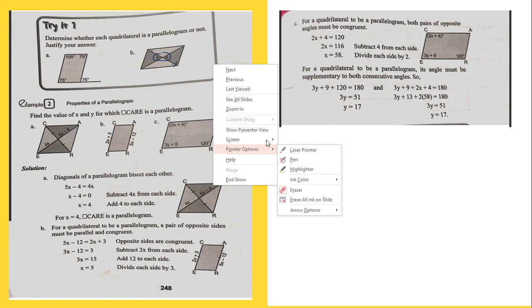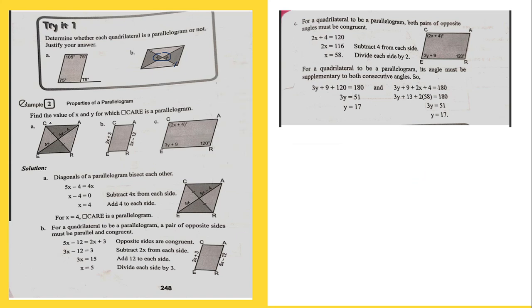Okay, so let's move on to the example. Explain ko lang to since meron na kasi. So, sige, explain ko na lang siya. Find the value of x and y for which quadrilateral CARE is a parallelogram. Okay, sabi dito, we have this given 4x, 5x minus 4. Diagonals of a parallelogram bisect each other. Okay, alam na natin yun, that diagonals of a parallelogram bisect each other. And also, we can write this as this. Katulad nito, 5x minus 4 is equal to 4x. Why? Kasi we all know that this side is parallel to each other. So, meaning equal siya. So, we can write this as 5x minus 4 is equal to 4x, or 4x is equal to 5x minus